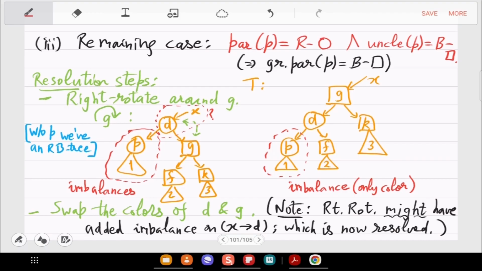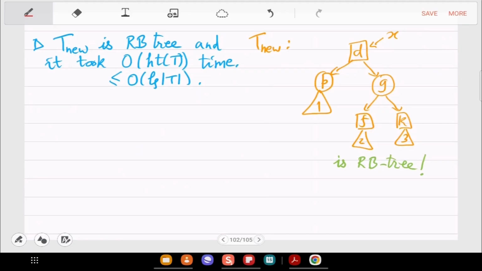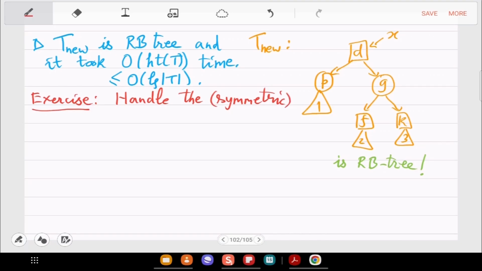That I will not repeat, so let me just leave that. When P appears on the right side.